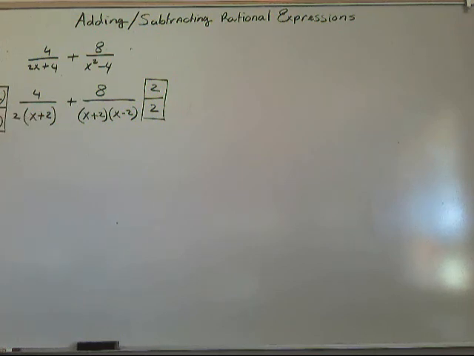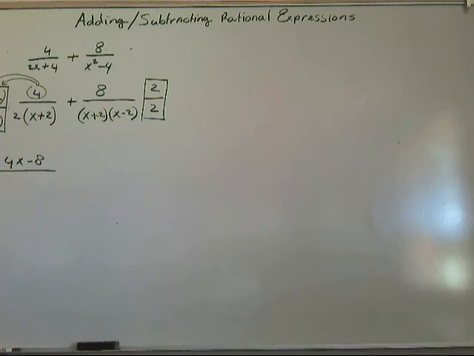Now, if you look, when I multiply this, both denominators will have the same factors. I need to multiply the numerator as well. This is the distributive property, so this gives me 4 times -2 and 4 times x. So when I simplify this numerator, I get 4x - 8